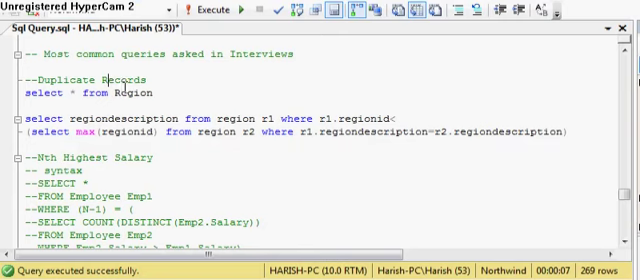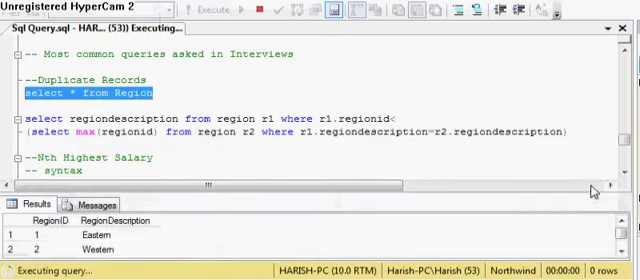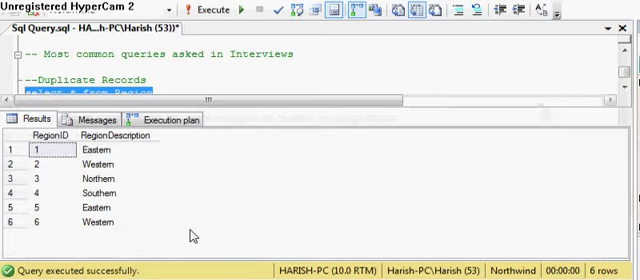Okay, now coming to the next one. These are the most common queries asked in interviews. Like the first example, you have to select the duplicate records. What I did is, here I have just added two more records having the same region description, that is Eastern and